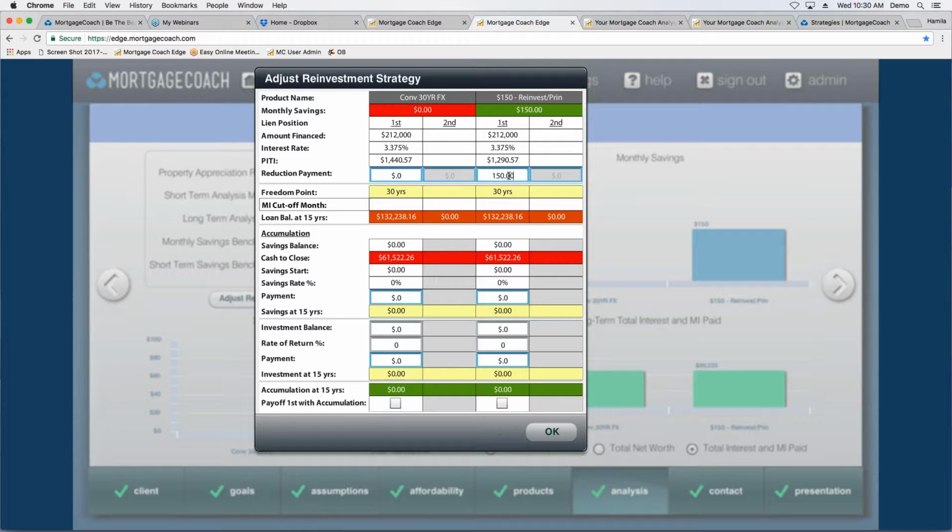If I add $150 here and tab out, you can see by applying that small payment that you've been paying for those sweet treats, if you reinvest that in your principal, you can pay off your mortgage not in 30 years, but 23.67 years. So if I select OK after I put that $150 in that reduction payment field,